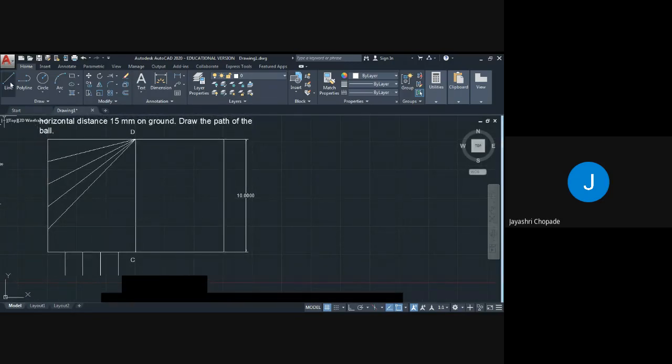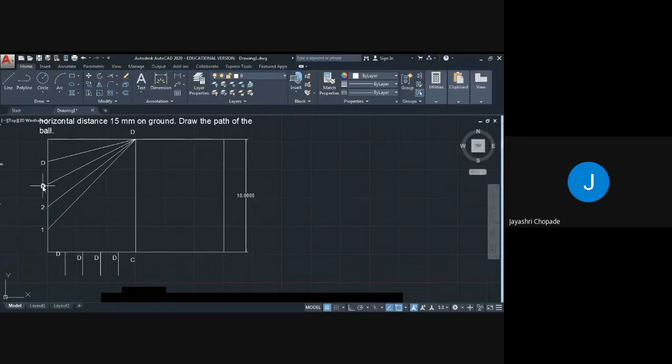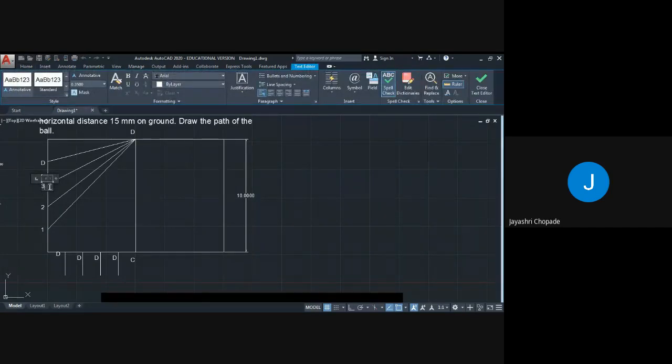Next is draw vertical line. First of all, we will give names. So copy it, select object, press enter, and give the name to all the points. This is point 1, this is 2, this is 3 and this is 4.